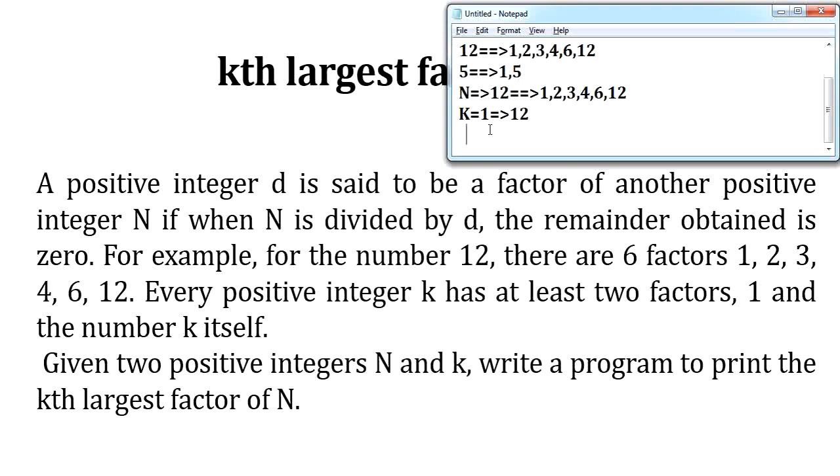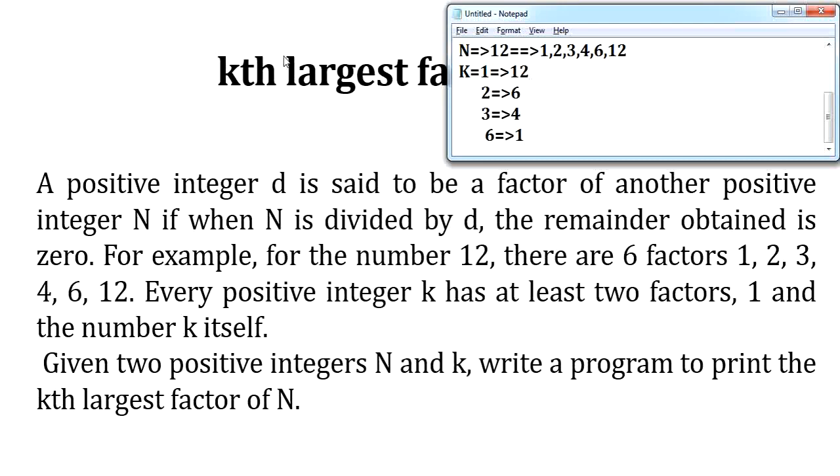And what is the second largest factor for the given number? The second largest factor for the given number 12 is 6. Is that clear? The third largest factor for the given number 12 is 4. And so on. I am supposed to come from the backward, right? So the first largest factor is 12, the next largest factor is 6, and the next is 4. Your fourth largest factor is 3, your fifth largest factor is 2, and your sixth largest factor is 1. So overall, how many factors does the given number 12 have? It has 6 factors. And if your k value is 6, it will display 1 as your output. I hope you people are clear so far.